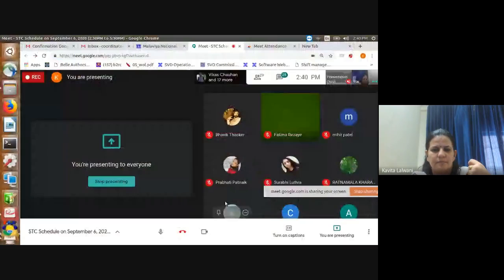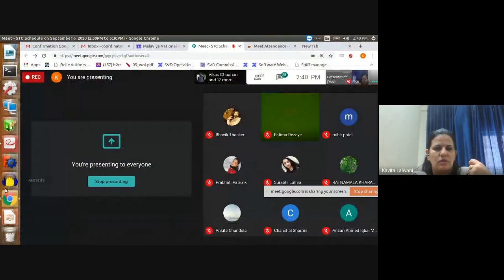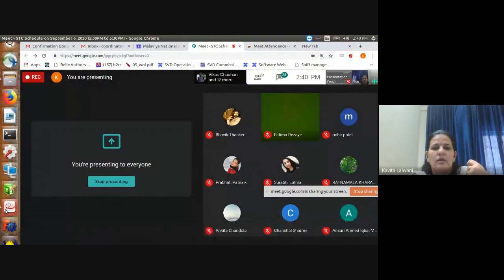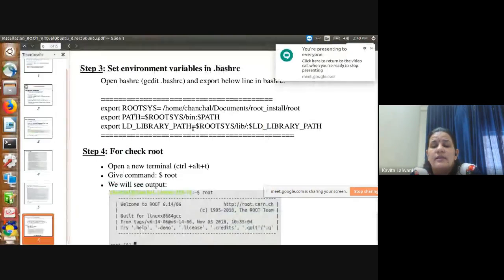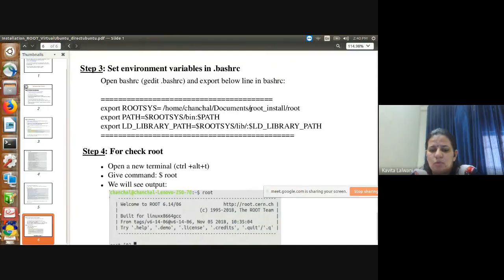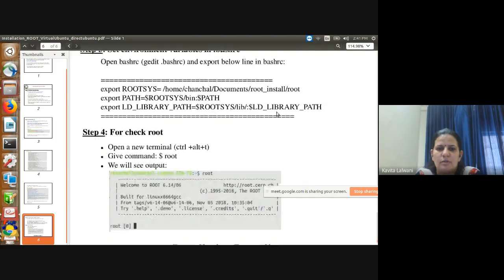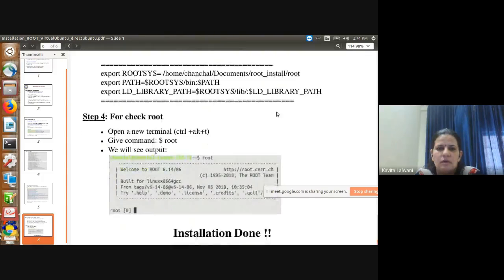Okay. Some student is requesting. Okay. So then we have started with the Ubuntu, the root installation on the Ubuntu because the Ubuntu is very friendly. I can also explain you Mac. For that, maybe if you have a Mac, you can directly go to the root website, which we have mentioned in this slides here on the page number, I think here,